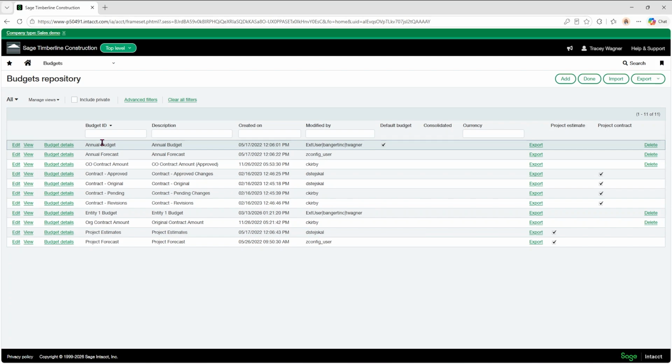I would say that's a personal preference thing. I personally would probably just use one budget. That way I'm not having to go in and adjust my reports to make sure that I'm pulling the correct budget into it. But to each his own, however you want to do that.